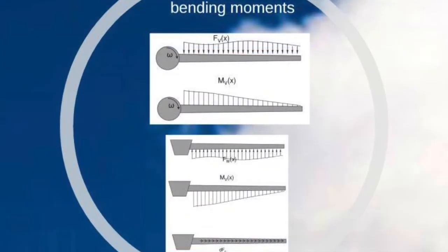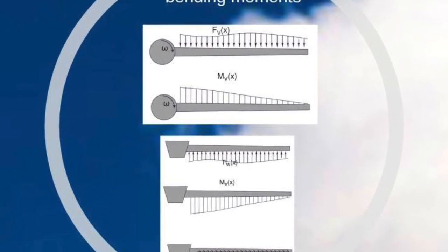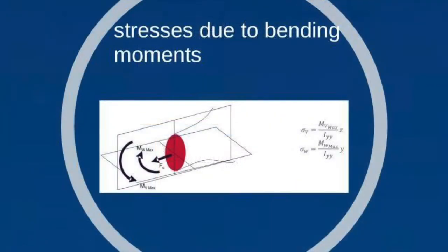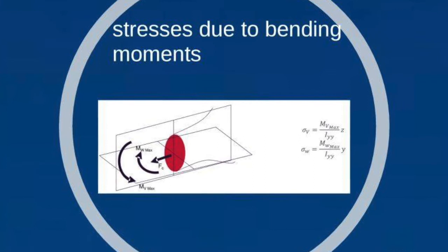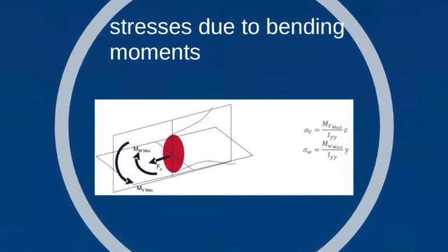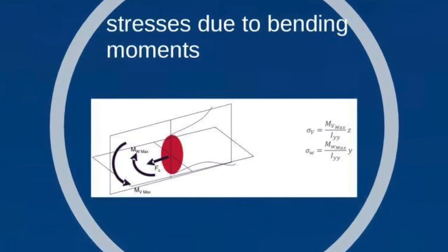Using a MATLAB script, we then evaluated the bending moments experienced by each element in the vertical and relative directions. We then calculated the stresses due to these bending moments, with the second moments of area found using Creo. The maximum stress was found to be at the root of the blade. This was then confirmed by a structural simulation performed in Creo, which indicated that the root was under the highest